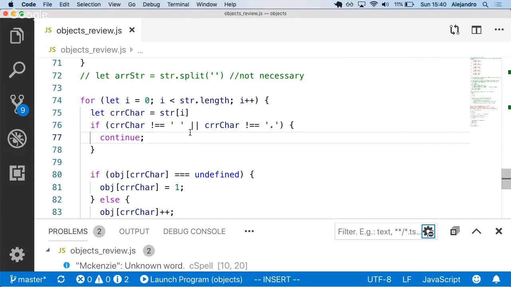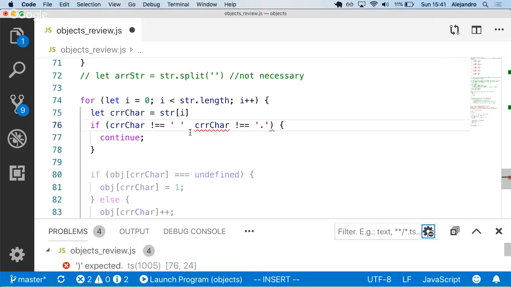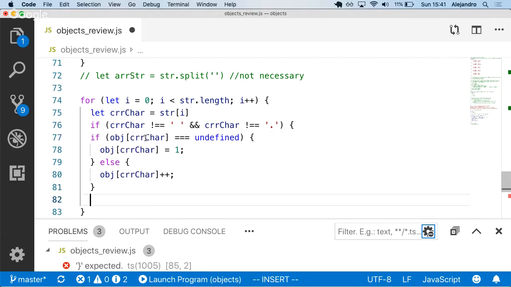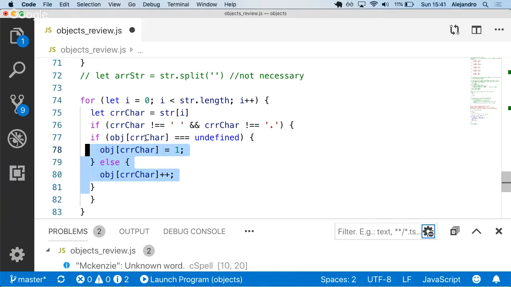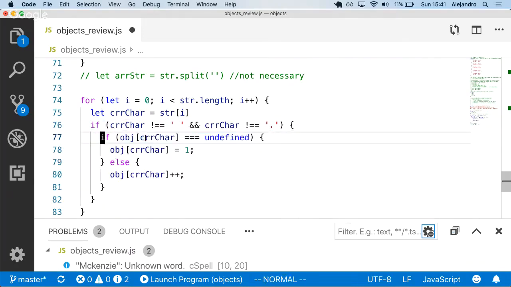Wait, one at a time, Michael? With the end? Yeah, I have the same thing with the end. But the thing is, you say not. You said equal to, but I say not equal to. Like for example, if it's an E, it's not equal to both. Both conditions true. Yeah, because it's not equal to space and it's not equal to period. So if it was like A, it's not equal to either of those. So current character,